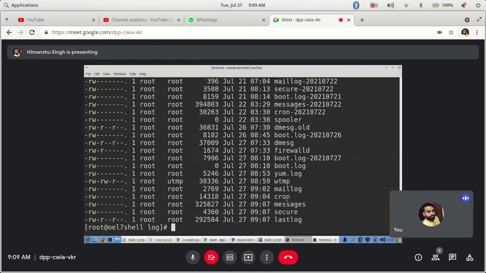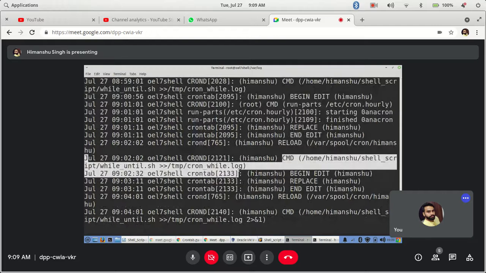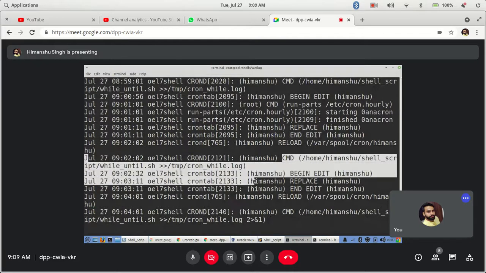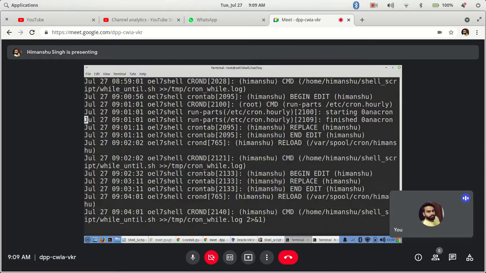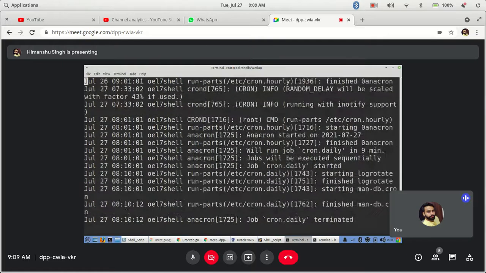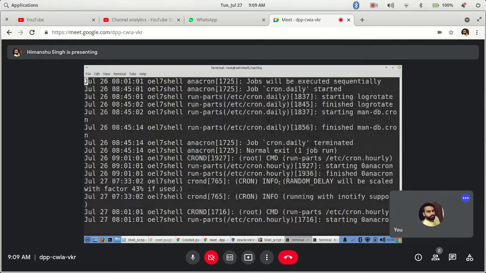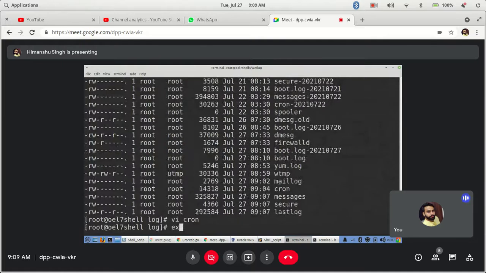Now if I go to the log, I can see the cron entries. As an admin, I can see what happened, that this command was executed, and what happened to that command. It will display here. As an admin, I can see it, but you cannot see it. So you have to validate, and even remember